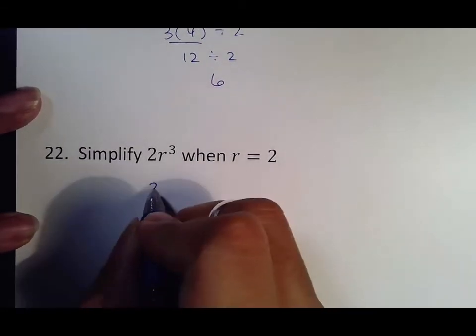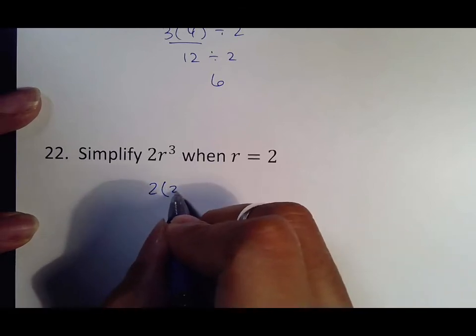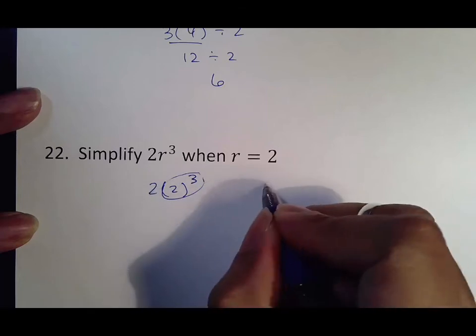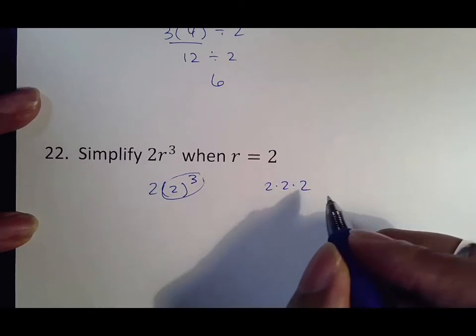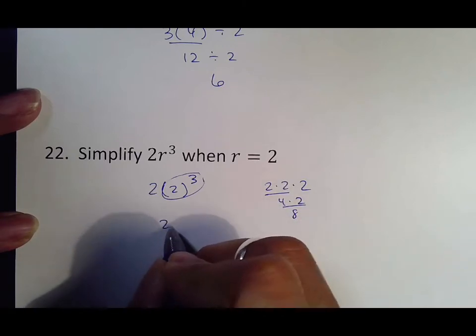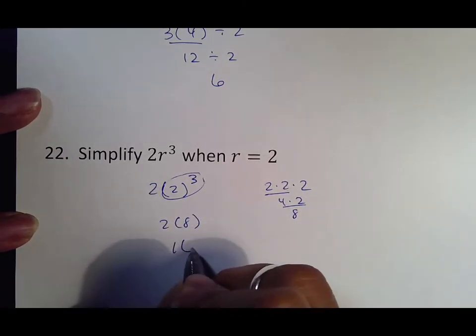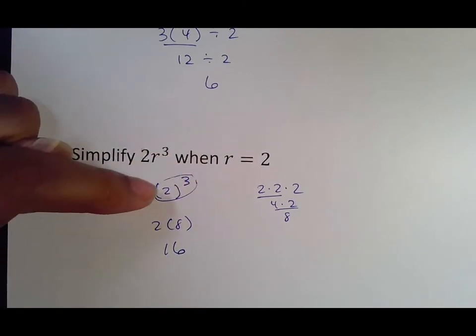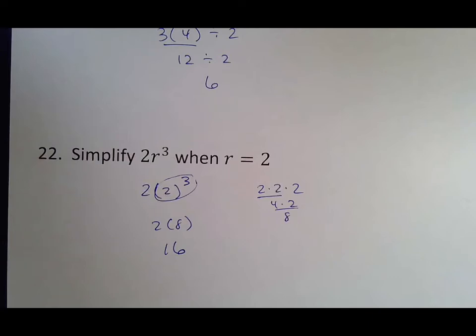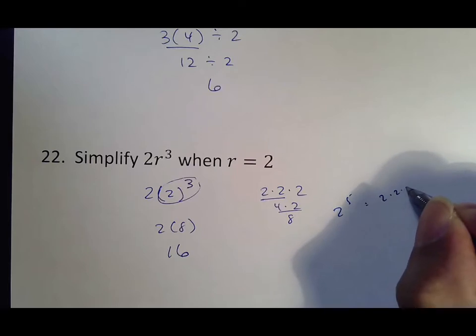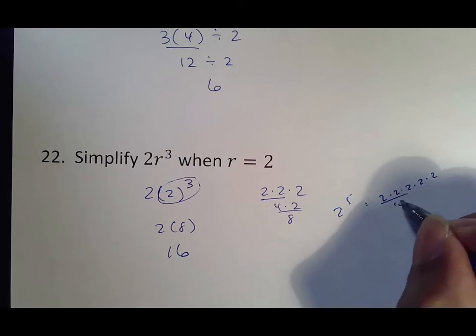2r to the third when r is equal to 2. Again, 2. That 2 goes in here. Remember, this goes first. That 2 to the third also means 2 times 2 times 2, which means multiply this, and then multiply that, which means that this turns into 2 times 8, which is 16. Remember again that that exponent means multiply this number by itself that number of times. So if that was 2 to the 5th, it would have been 2, 2, 2, 2, and 2, which you would then again